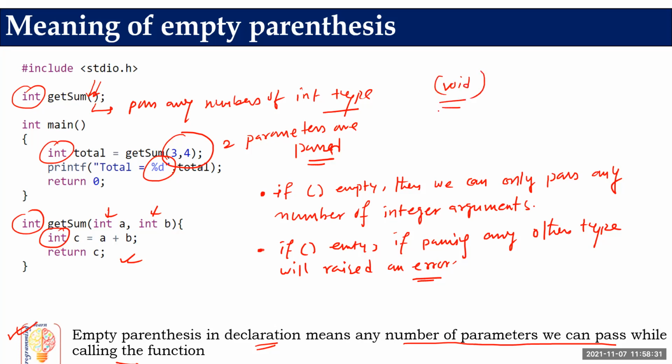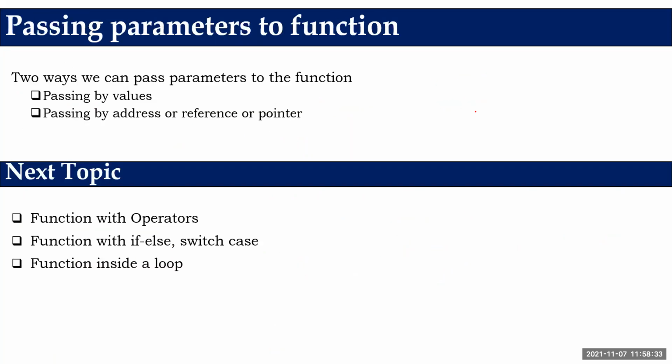Actually, C programming supports passing the parameter in two different ways. The examples we have discussed till the last code are passing by value, so changes will not reflect outside of the function. There is another way that we can pass the parameter to the function: passing by address, reference or pointer. We're going to discuss this topic after pointers, not now.